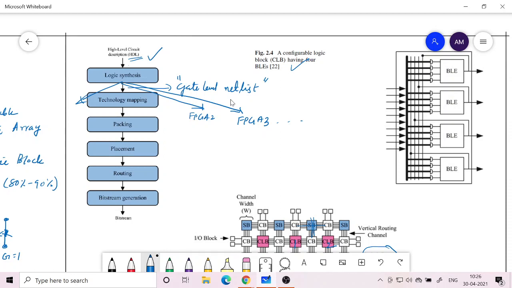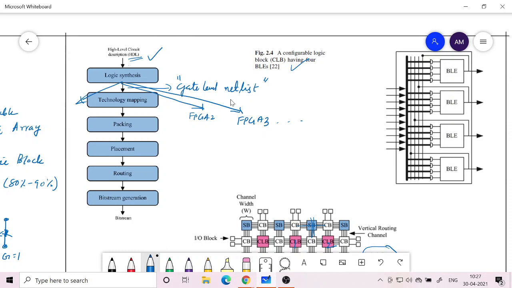If you want to fabricate an ASIC chip, again it is going to be different depending on where you want to fabricate it. For example, if you want to fabricate in Taiwan or in Korea, the fab lab will have certain capabilities, and accordingly you have to use your technology mapping. In this case it is FPGA, so depending upon which FPGA you want to download this program to, you have to do the technology mapping so that the capability inside this FPGA will be utilized.